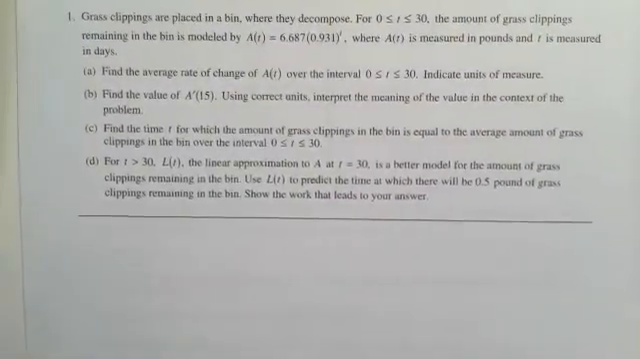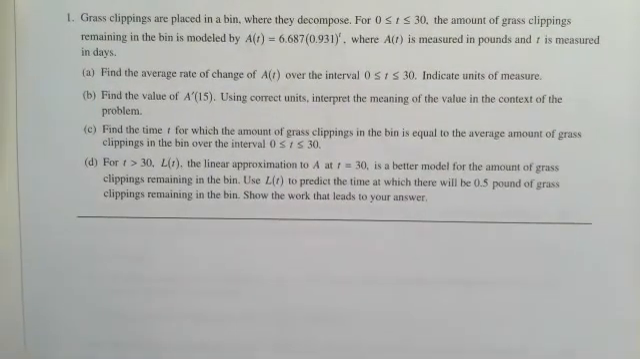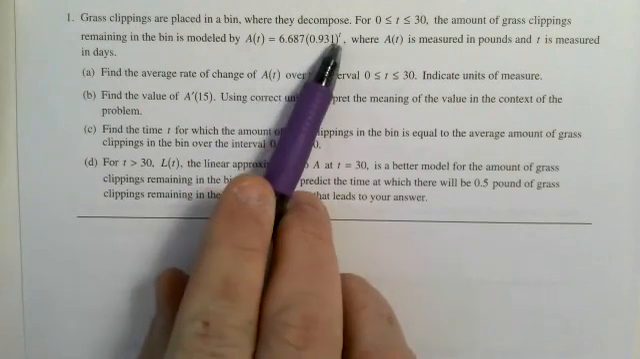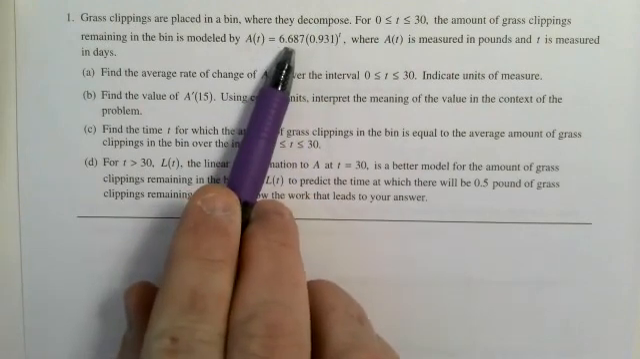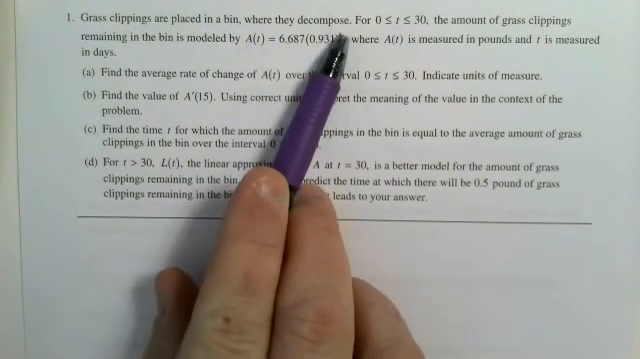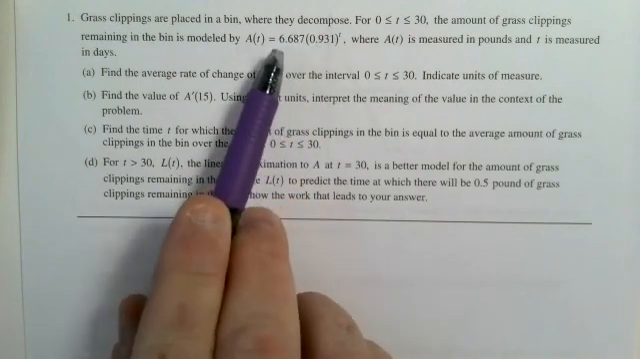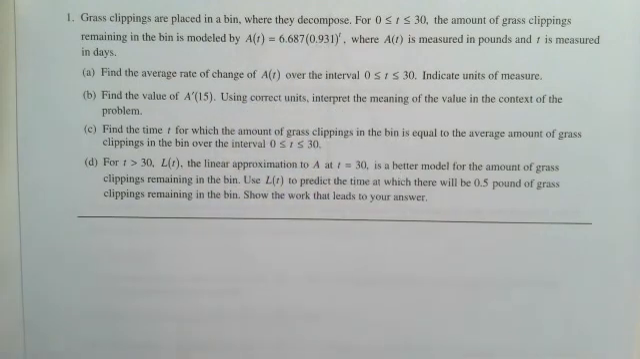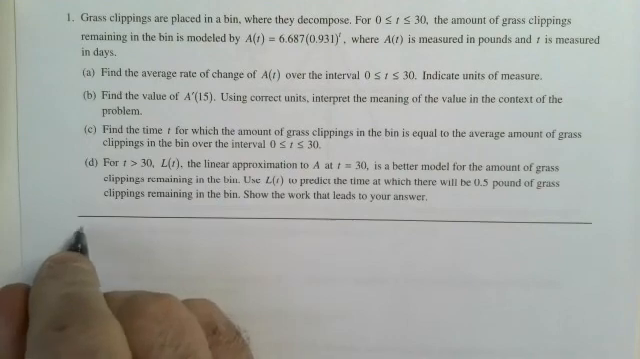So this one you get to use a calculator, and they put grass clippings in a bin and they decompose. So it's pounds of grass clippings that are decomposing every day. Looks like if we put in 0, we had like 6.687 pounds when you started. This is per day, it drops by 0.931. So it's just constantly dropping. So the first thing they want is the